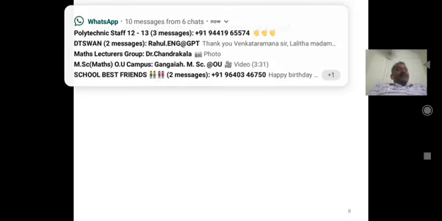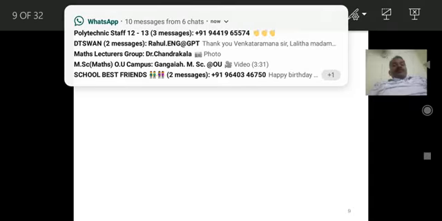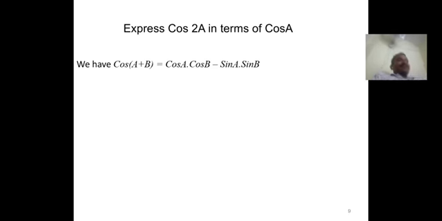And again the cos 2a formula. There are four principles for cos 2a: one in terms of cos and sin, one in terms of cos, one in terms of sin, and one in terms of tan. So the cos 2a formula is cos square a minus sin square a. With the help of cos of a plus b, cos a cos b minus sin a sin b, if we replace b by a, then you can get cos of a plus a, cos 2a equal to cos a into cos a, cos square a minus sin square a.